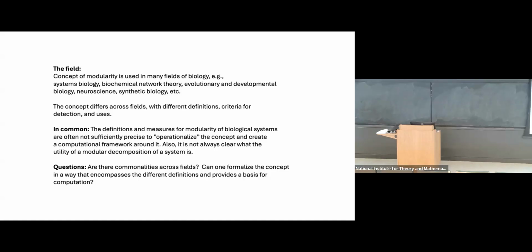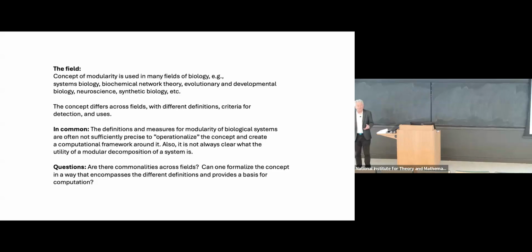As I said here, it comes in many different fields. It's been around for a long time. It essentially came about right when complex systems theory was invented in the 40s, 50s, 60s. Modularity is a concept generally, not just in the life sciences. As I said, what the different fields have in common is that definitions differ, measures differ, and none of them are precise